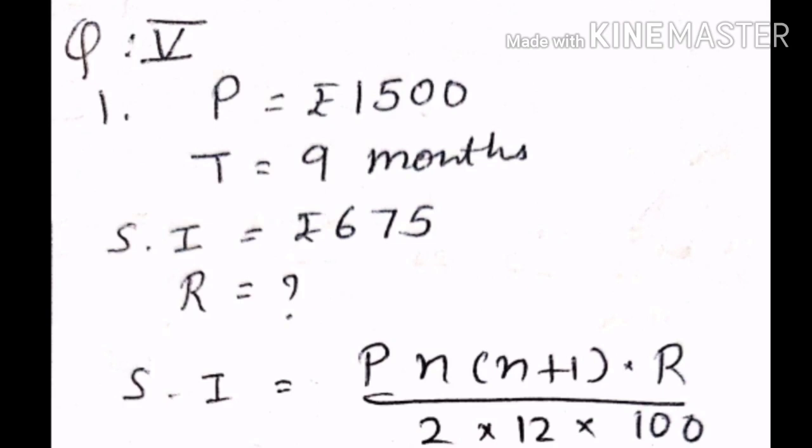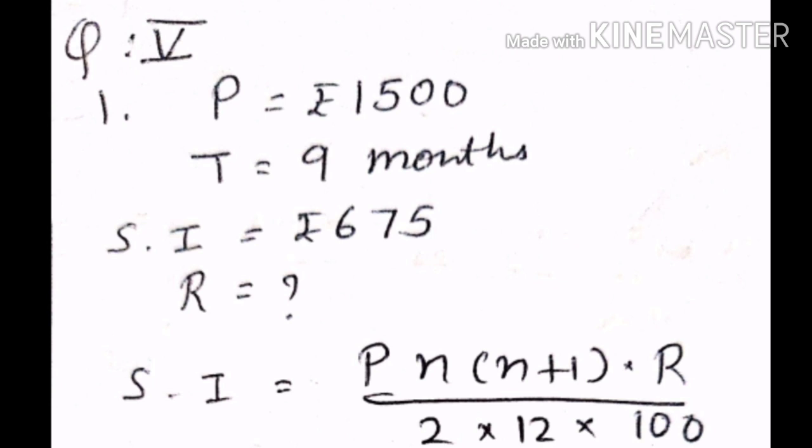Continuing with the worksheet answers with our question number 5. Question number 5 is again a banking question in which 1500 is the principal which is deposited every month and the time period is 9 months. Then interest is given as 675 rupees. We have to find first the rate of interest and then after we have to find the maturity value also. Now, using our formula SI = P × n(n+1) × r / (2 × 12 × 100),